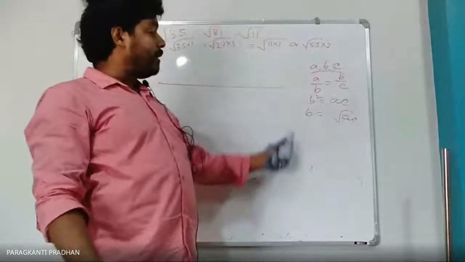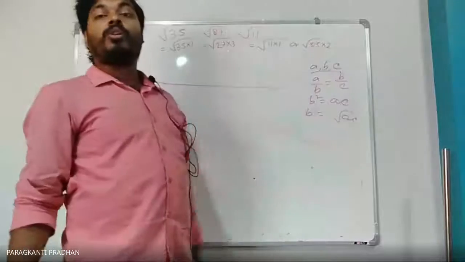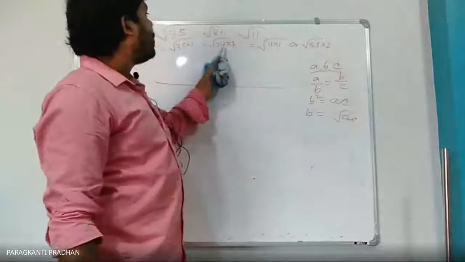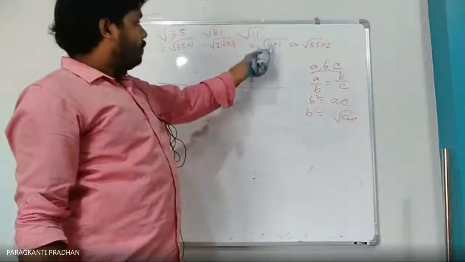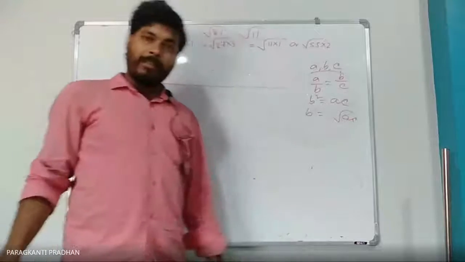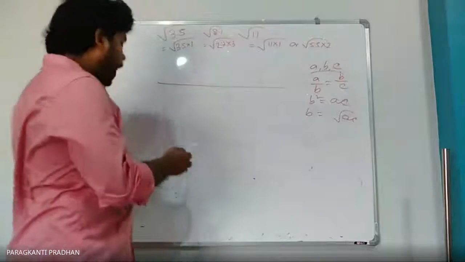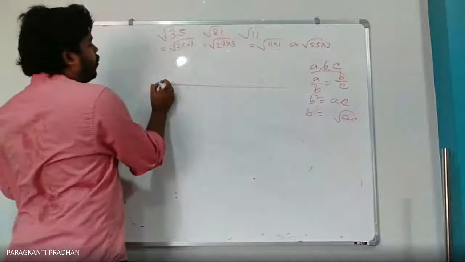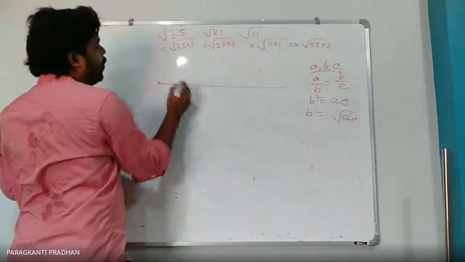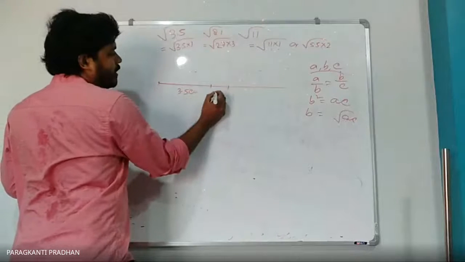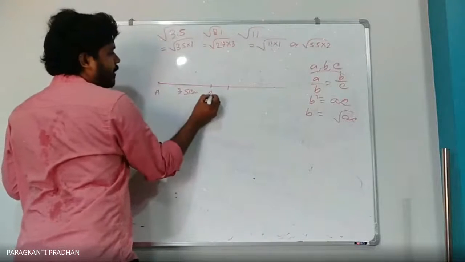So we find the mean of AC, and this value is the mean of two numbers, that is 2.7 and 3, 11 and 1, and 5.5 into 2. We are going to find out the mean of two numbers. Now at first we have to take 3.5 centimeter, then 1 centimeter. This is A, this is B, and this is C.